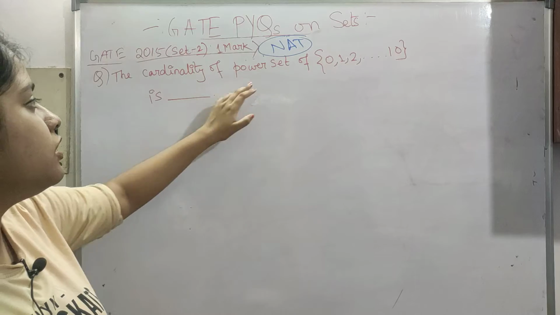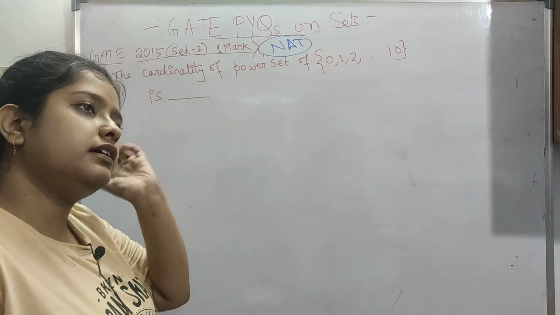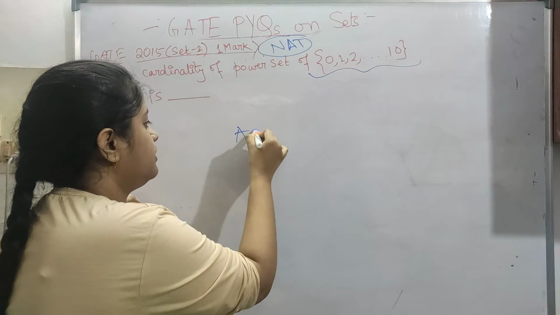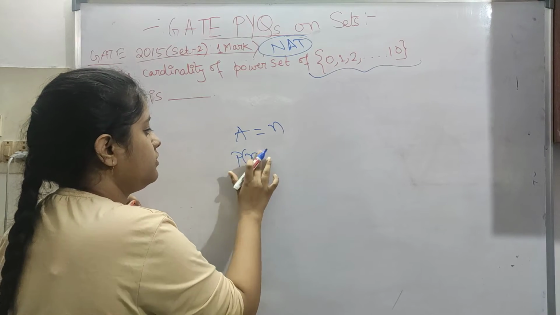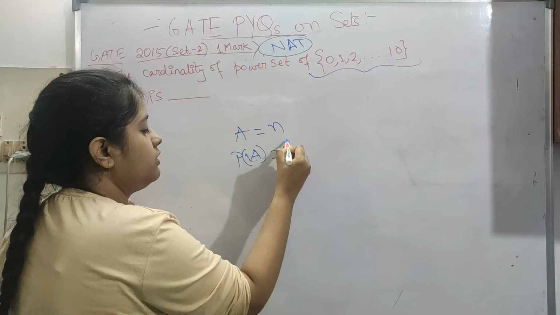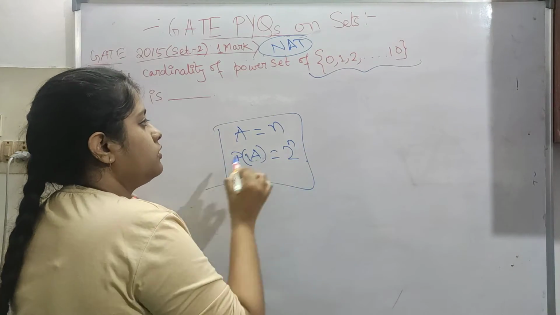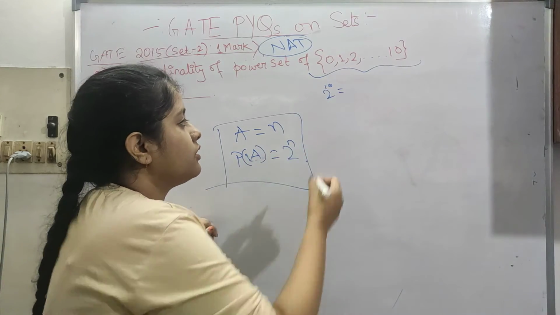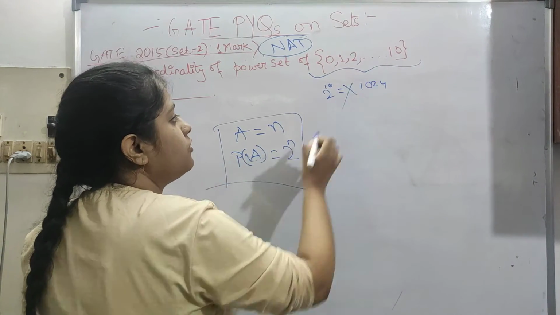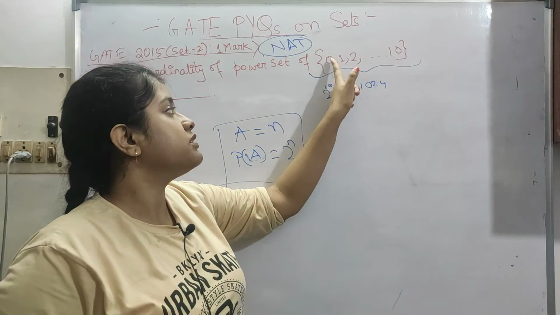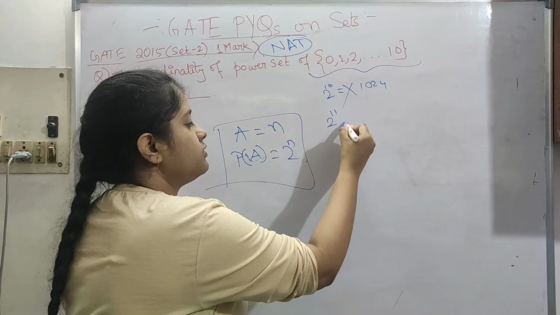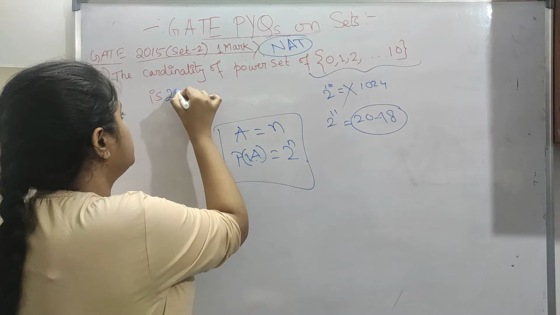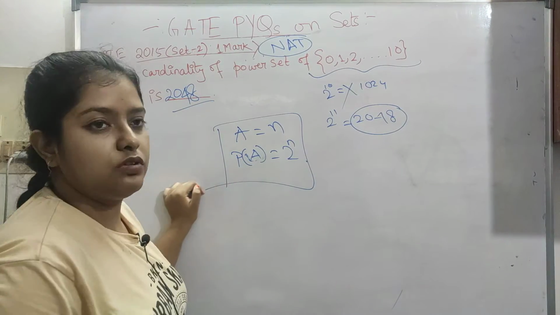So now the cardinality of the power set of this. The power set of any set, so this is a set, okay. If a set contains, let's say, n elements, the power set will contain 2 to the power n. So it's simple. Another thing you can do is 2 to the power 10, so it is not, okay. So this is false, this is 1024, this is false. Actually this is containing 11 elements. From 0 to 10 it is containing 11 elements. It is 2048. So the answer is 2048. You have to put it through the virtual keyboard.